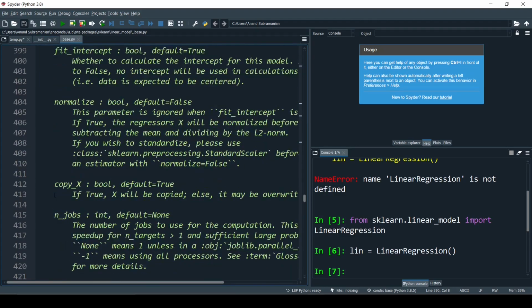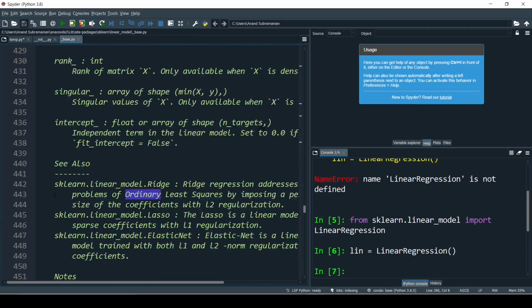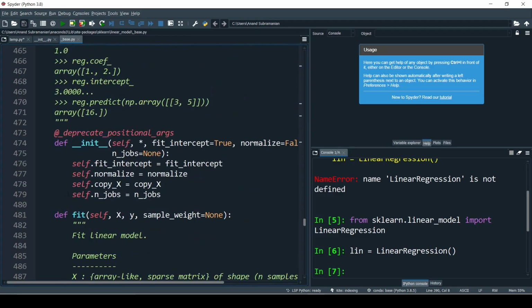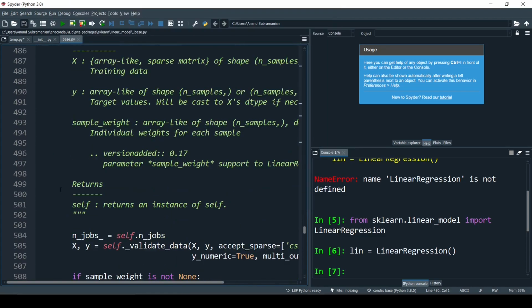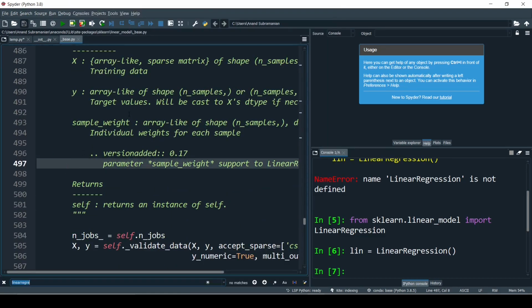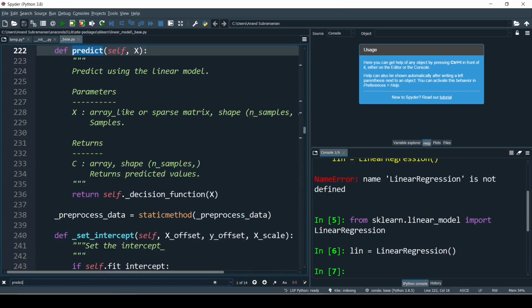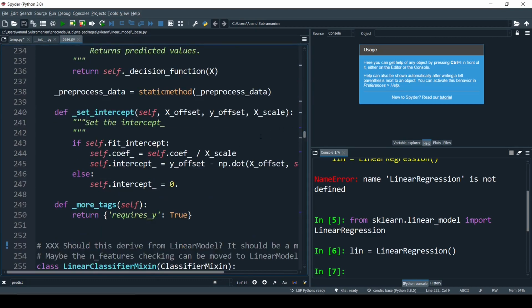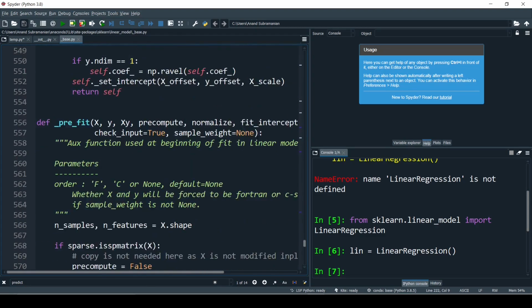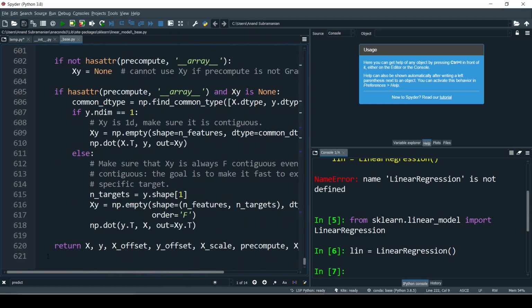And here, if you scroll down just a bit, we can also see the other functions like the fit that we were looking at over here. And if I search for predict, Control F, there you are, there's another function, predict. So all these things are coming right from these functions. Just for linear regression, the number of lines of code comes to somewhere around 620 lines.